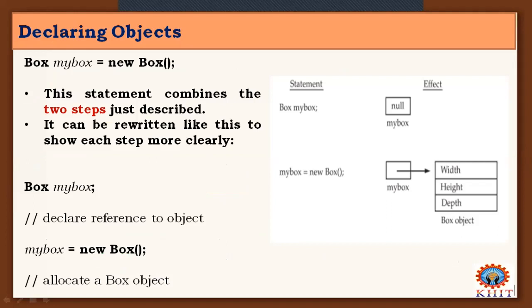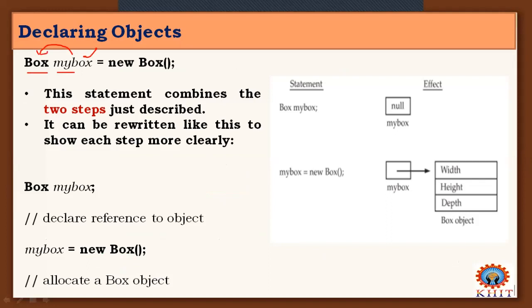Example. So box is a class. We already saw this, created class box, and here Box myBox. So here myBox is an object name or a variable defined for the box class.